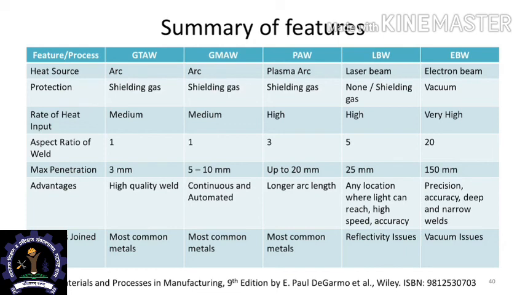And the aspect ratio of weld is the highest among all welding processes, which means that in a single pass the highest thickness that can be welded is using a process using electrons, and the maximum penetration is also very high. 150 millimeters is a typical number that is possible for many of the high power electron beam weldings. And one of the specific advantages of electron beam welding is the precise nature with which you can position the electron beam for the path it should take, so that it can do the welding. It also means that it has less tolerance to deviations of the weld path, which means that the edge preparation and the joint preparation are also quite critical, and it can make very narrow welds.